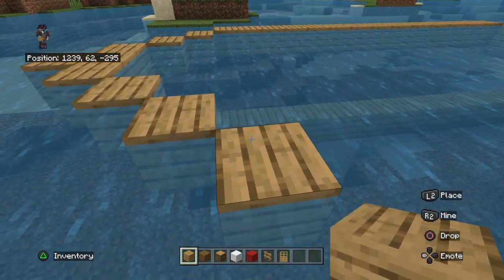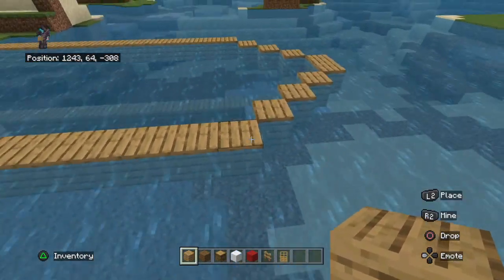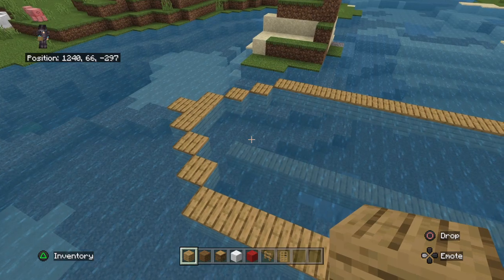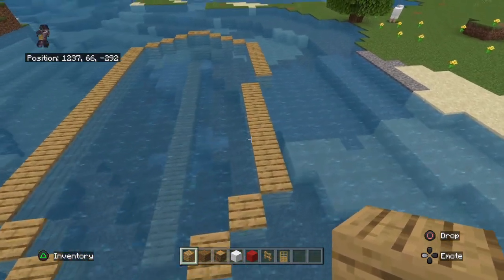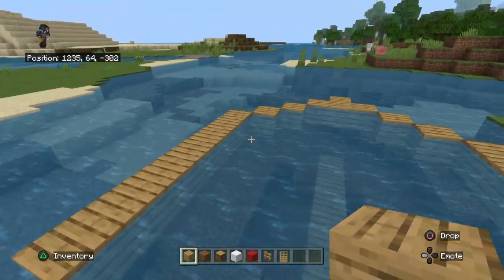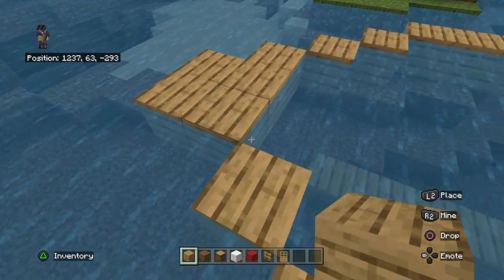Right, and then, yep, build straight back. Ooh, right, hang on. What have I done wrong here? Oh yes, there's 2 in the middle there. That's what I've done wrong. If I do 2 in the middle at the front, then that won't be a problem. There we go. And then